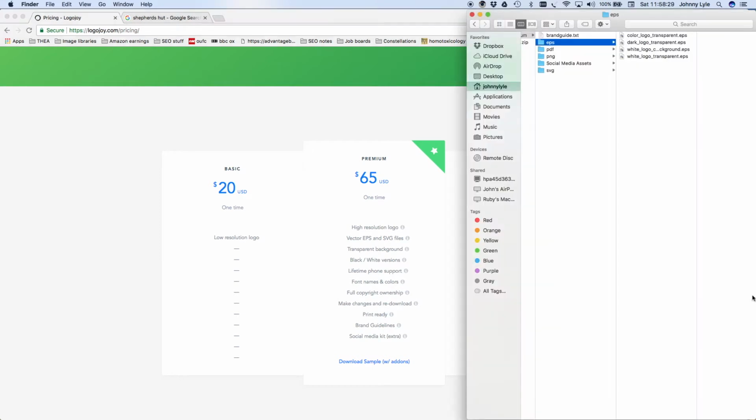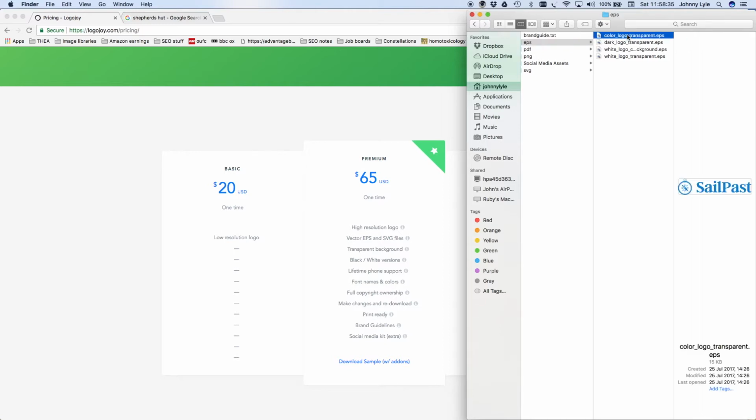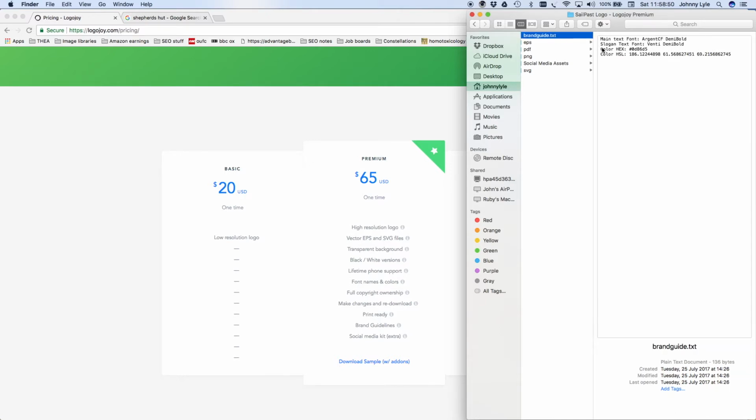Now I'll show you an example of what it downloads. So this is for one here called SailPast, I can show you the logo there. When it downloads, you can see here you get the EPS, PDF, PNG and SVG, which is pretty much any format you would ever need. And we used to charge quite a lot of money once we'd done the logo just for supplying it in all these different formats. But it also gives you this little text file here, which gives you the actual fonts,